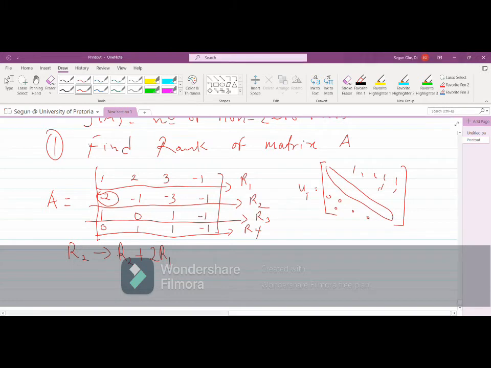Okay, I thought you said we must maintain our unity along the diagonal. Yes, you must maintain it. It doesn't matter that you will not use it. You can still use it, still maintain. Okay, sir. Now,